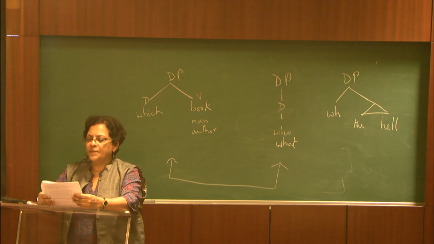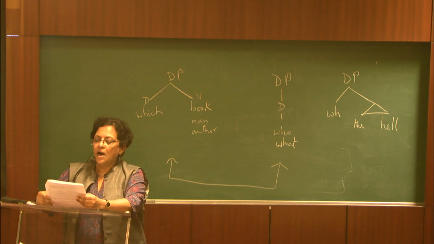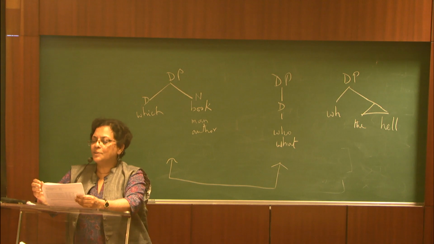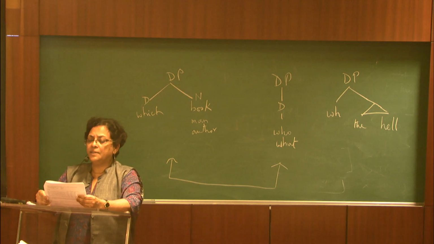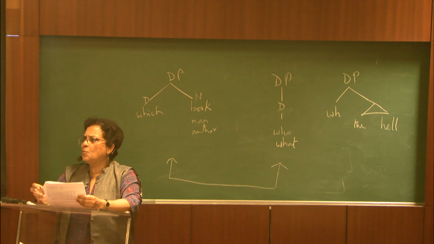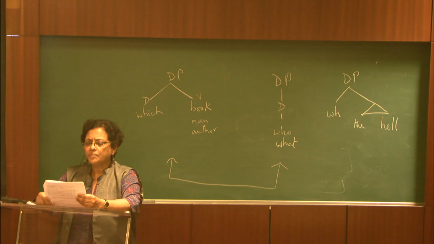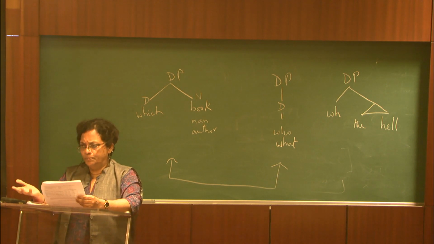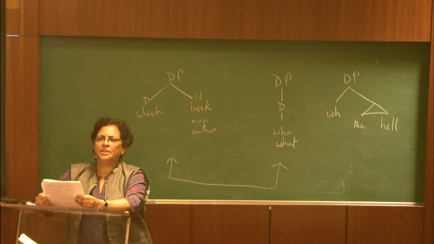The harder challenge is to relate definiteness of which to superiority amelioration, and even harder to relate it to exceptional scope. So why does definiteness mean exceptional scope? That was still an issue. But what I want to present to you is the fact that which n is not the same as which of the n,